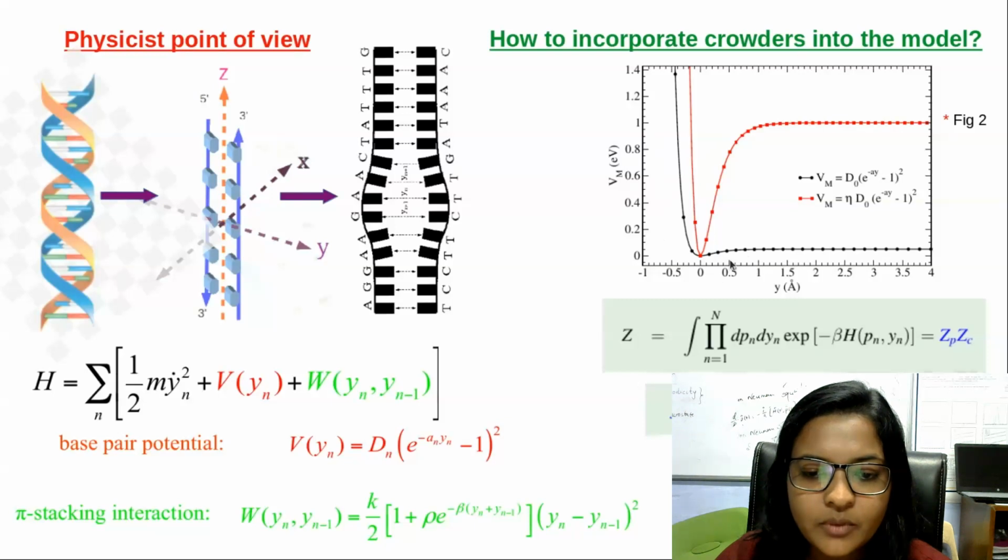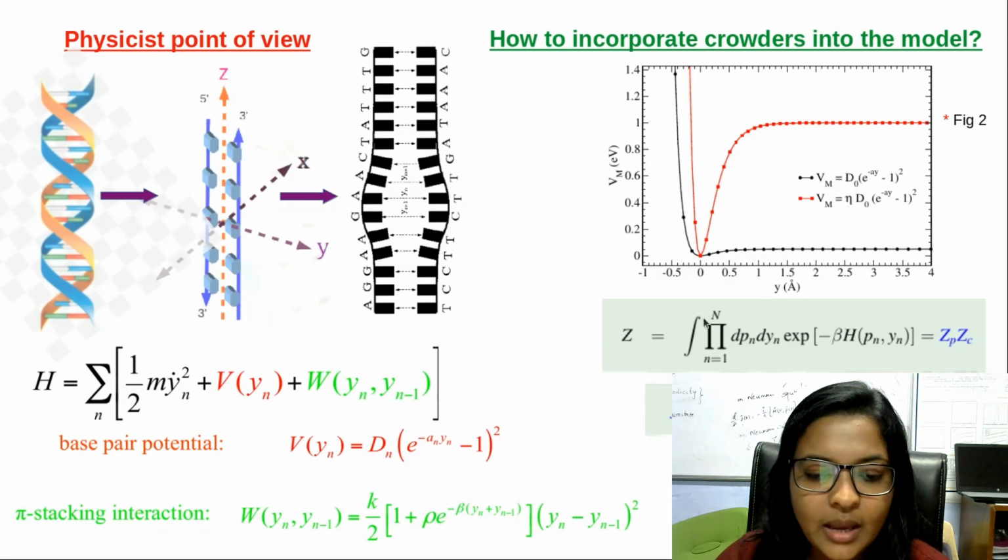By introducing the concept of the crowder in the PBD model, we observe that when the crowders are present near the DNA, the melting temperature increases, and at this temperature DNA is converted into single-stranded DNA. Because of the presence of the crowders, they produce hindrance in the opening, and we require more energy to dissociate the molecule. By this modified potential, we can say that the value of the dissociation energy is eta times the normal potential, where eta is the crowder strength.